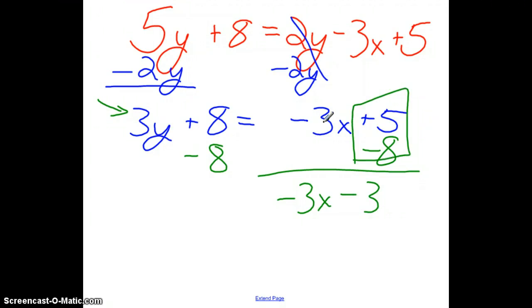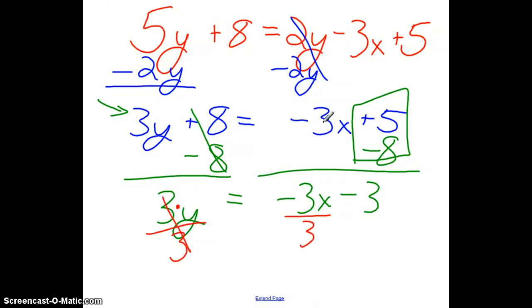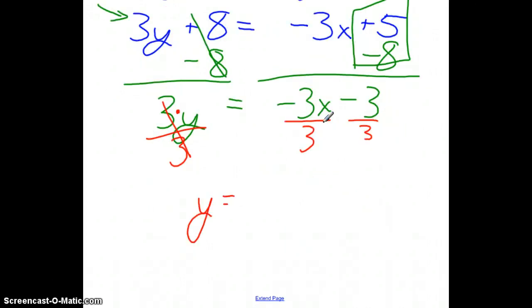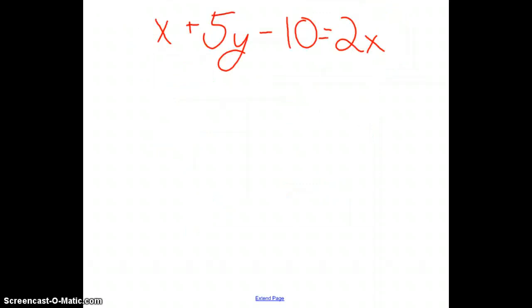All right? On the other side, these cancel, and all I had left was 3y. So 3y equals -3x minus 3. My last step is to get rid of this 3 that they're multiplying, so I divide it. Divide by 3, and I've got y equals -1, or -x, same thing, minus 1. All right? Do another example. We've got